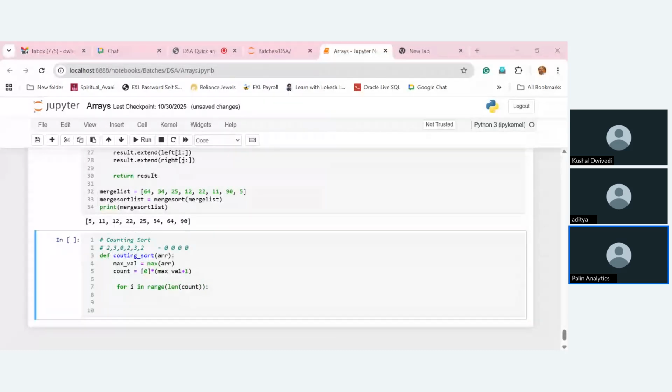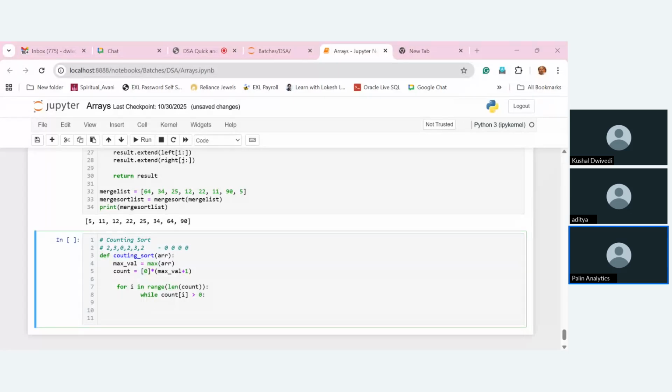And now here, I'll check while count of any particular element, count of I, is greater than zero, till this is zero, it will be appended, ARR dot append of I. This will be appended,